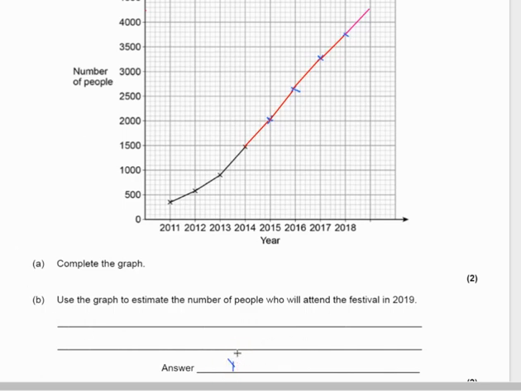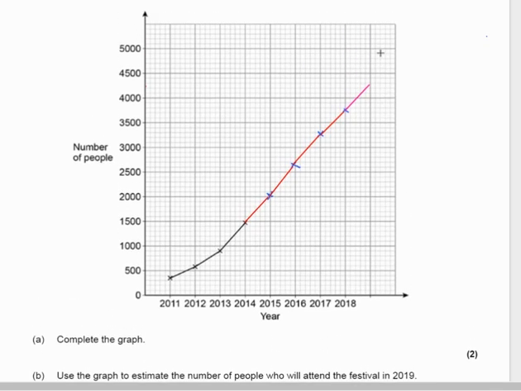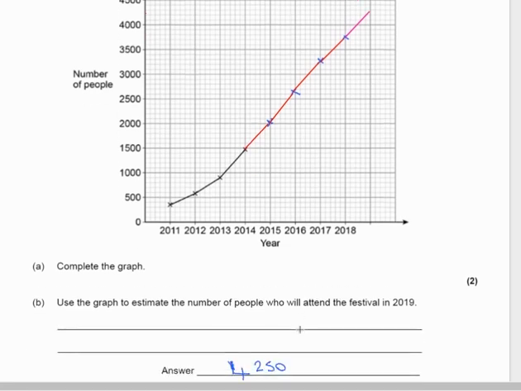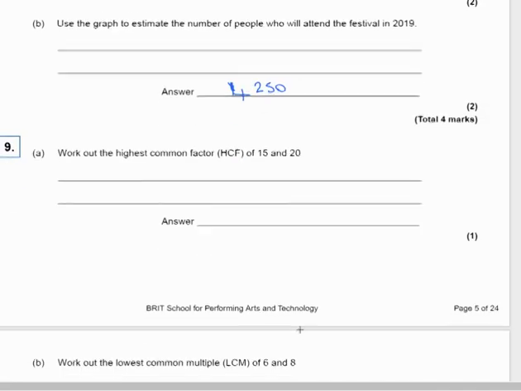The most important thing is that you use your graph and add an extension, showing the examiner that, look, I'm using my graph to make an estimate. I'm not just guessing. People that say estimate means guess, oh dear. No, no, no. You're using information that you have to then make some kind of prediction. Okay. Right, next question.